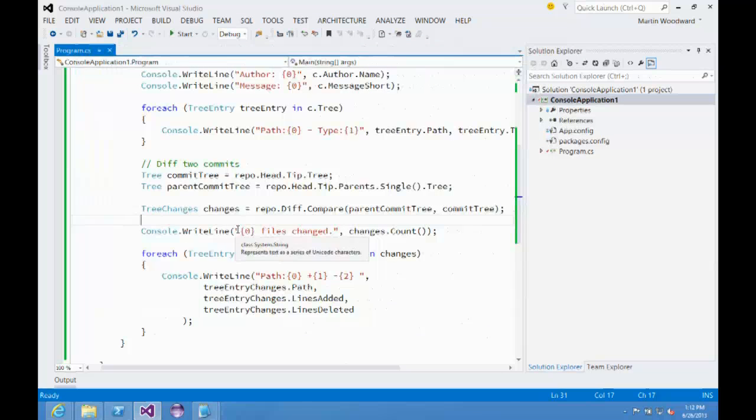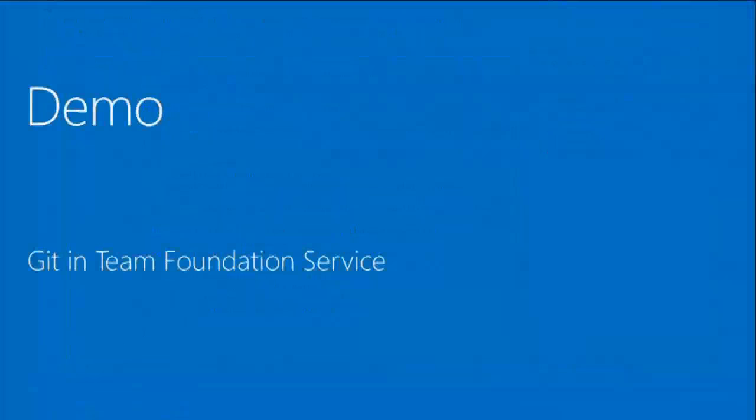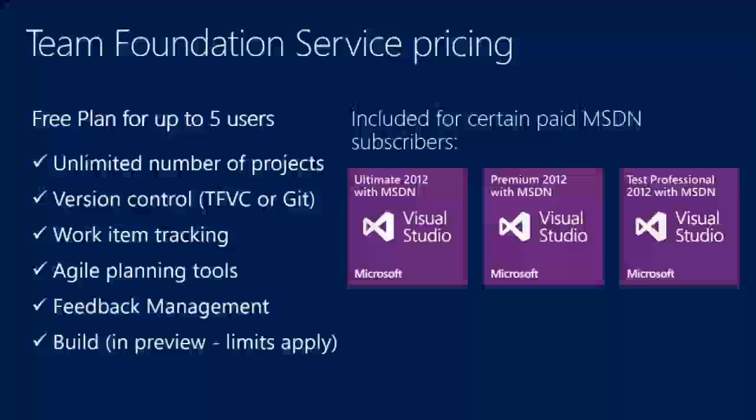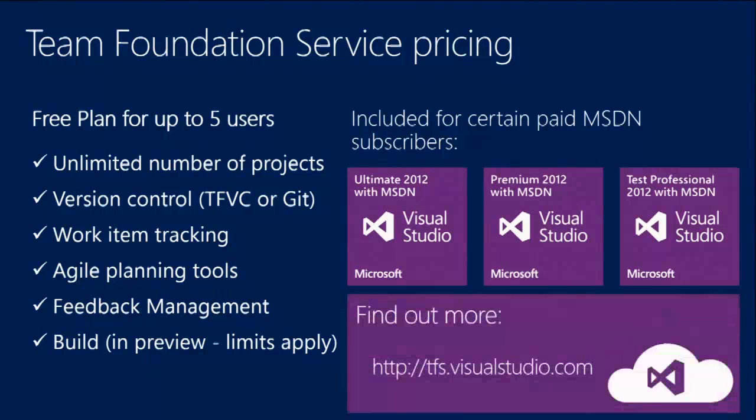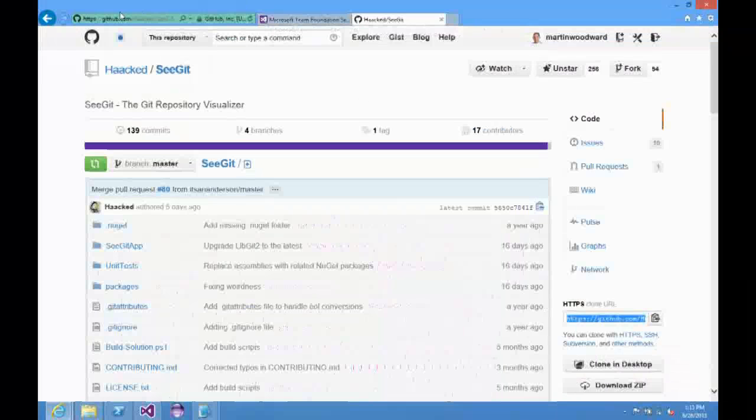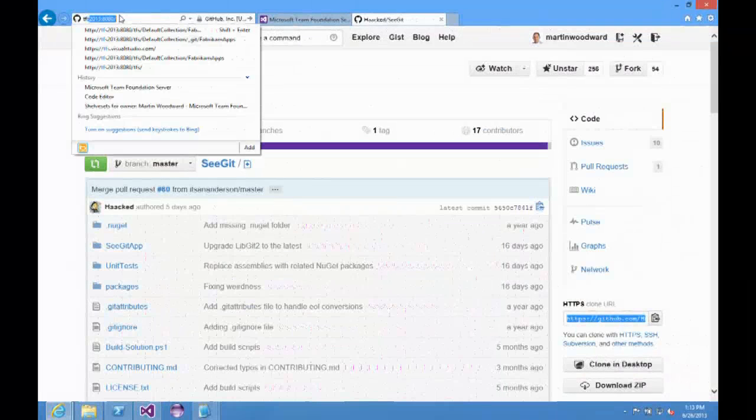That's the future, I guess. So with that, if I jump back to slides. And now, actually, Team Foundation Service. I was going to talk about the service, but before that I wanted to give you a sneak preview. While I've got time, let's jump to